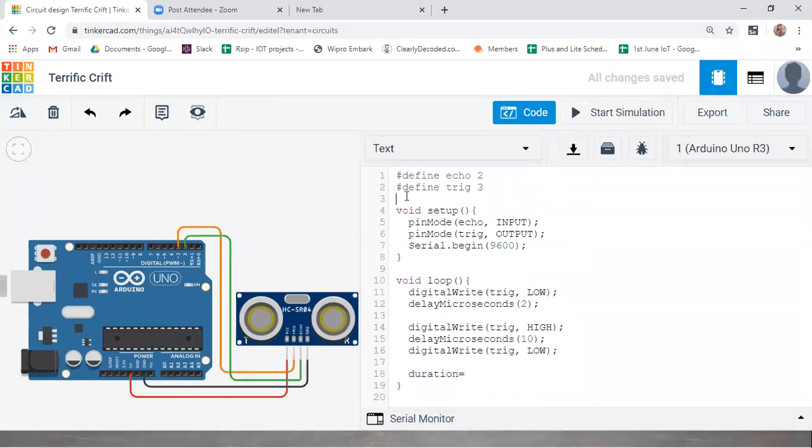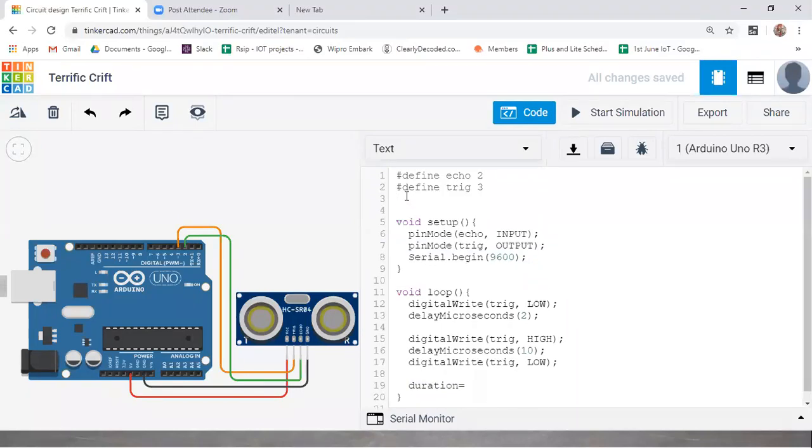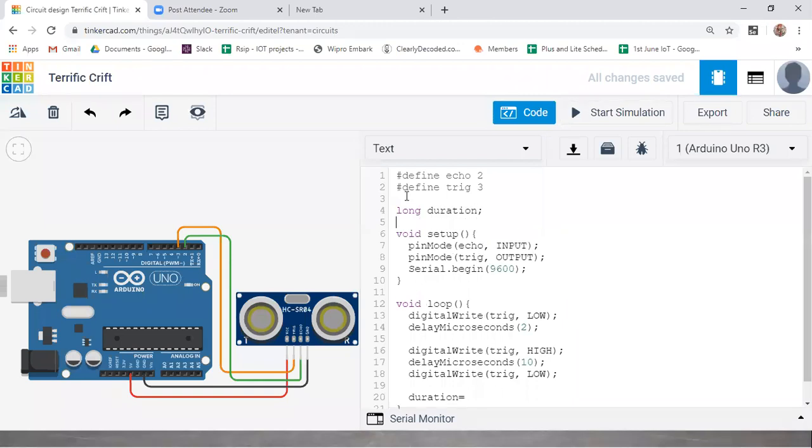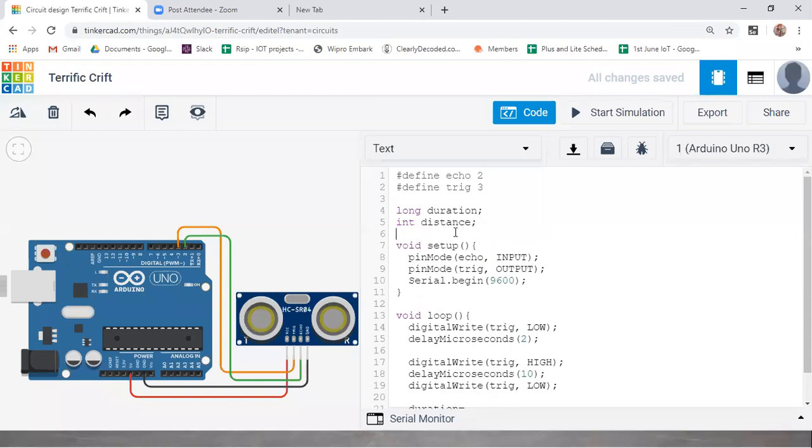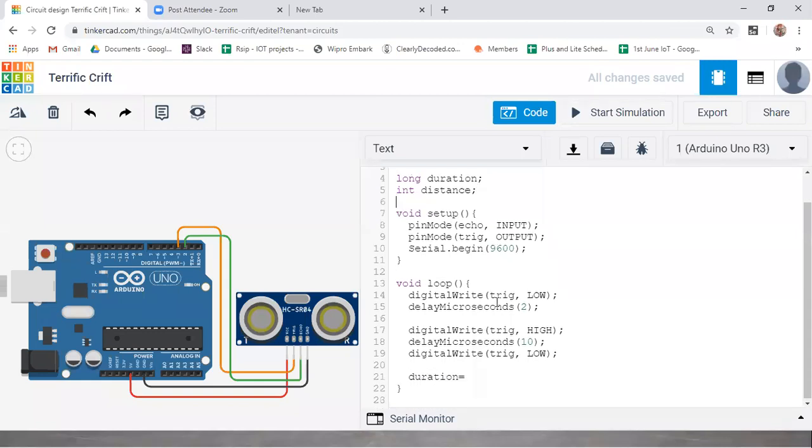Our duration will be in float or some decimal values, so I'm using the long data type: long duration. And distance I'm going to print as an int. This is how you define them outside the loop: long duration and int distance.